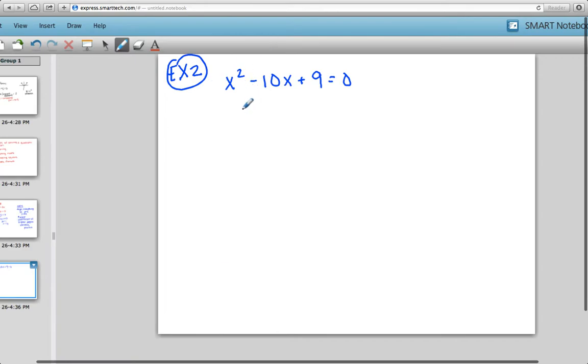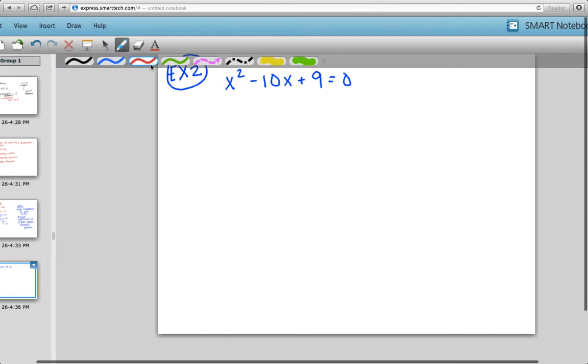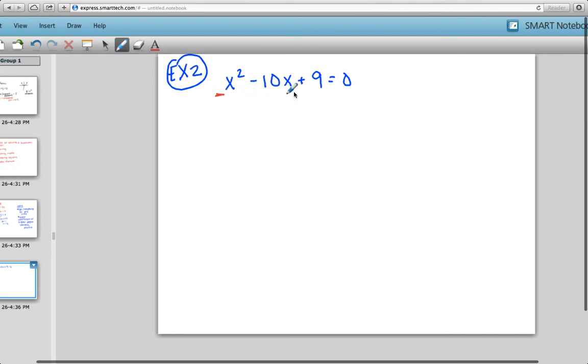All right? Now, the way that we have to go about this is a little different. Some of you may remember how to do this, some of you may not. In this situation, I've already put the equation into standard form. There is no GCF, there's nothing I can take out, and we feel like we're kind of stuck, okay? So our very first thing that we're going to do is multiply our first and our last term together. So step 1